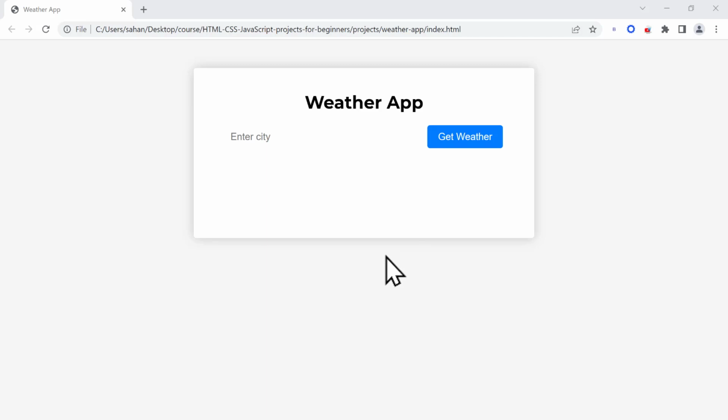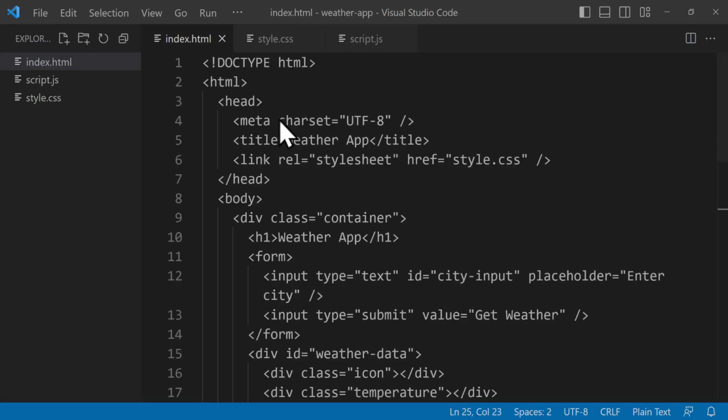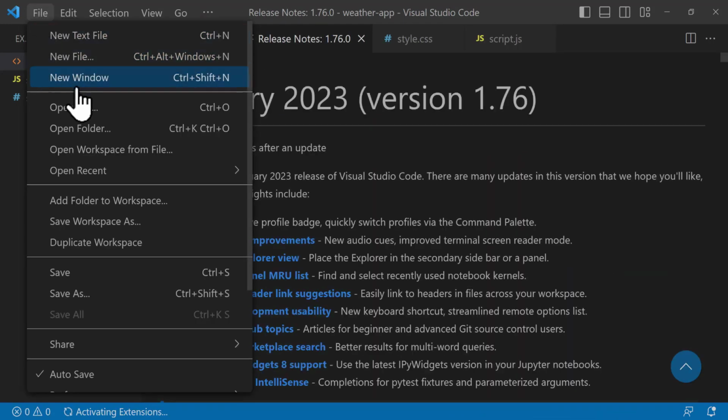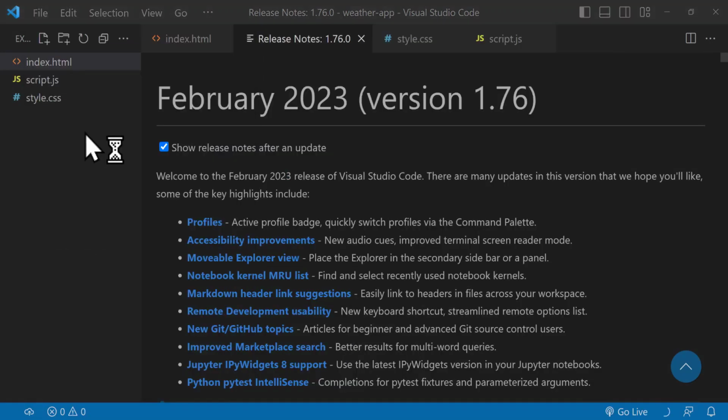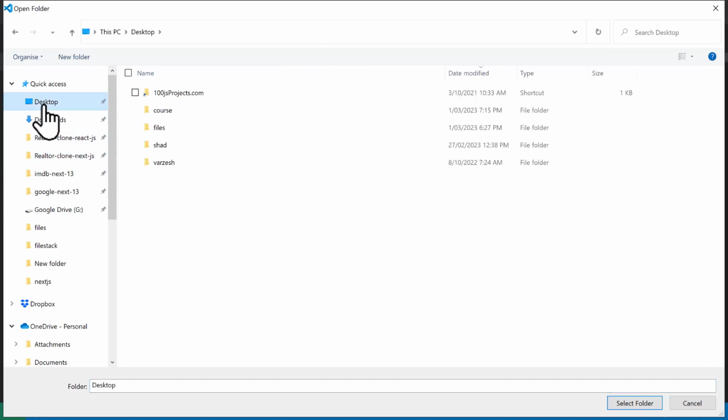So we need to go and open Visual Studio Code. This is my favorite text editor, but you are free to use any text editor you are familiar with. And here we click on File to create a new folder. I would like to create the project on my desktop, so I'm going to click on Desktop here. I create a new folder and I call it weather-app, which is the name of our application. We press enter,